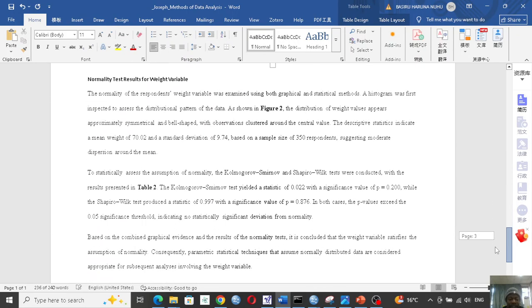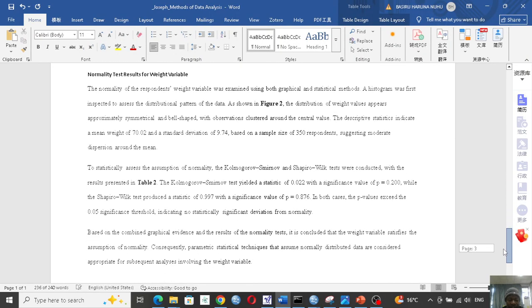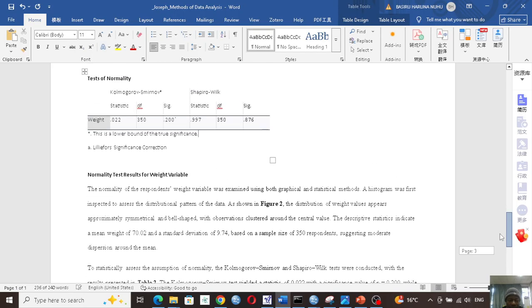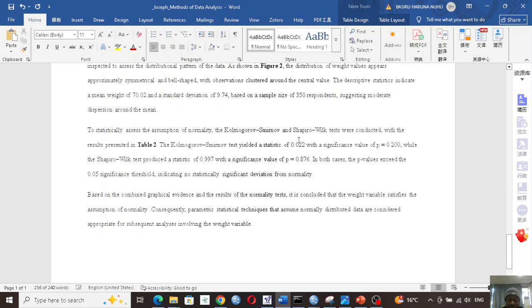So to statistically assess the assumption of normality, the Kolmogorov-Smirnov and Shapiro-Wilk tests were conducted with results presented in table 2. So this is our second table. That's why I call it table 2. The Kolmogorov yield statistic of 0.022. No, I made a mistake. It's not 0.022, it's 0.22. So it's a typing mistake, 0.220, with significance value of